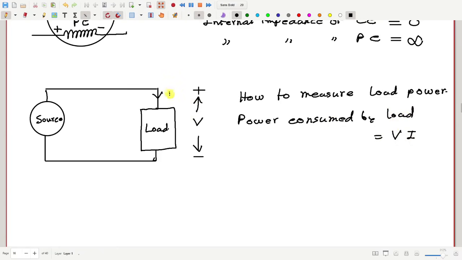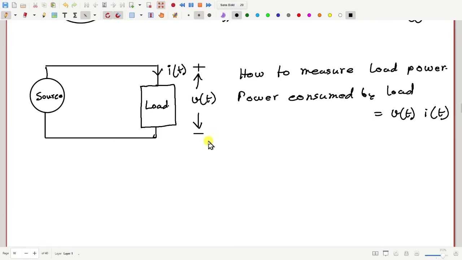Okay, this may be time varying, so let me write i(t) and v(t). We have to multiply these two in this particular direction, in this sense. So now